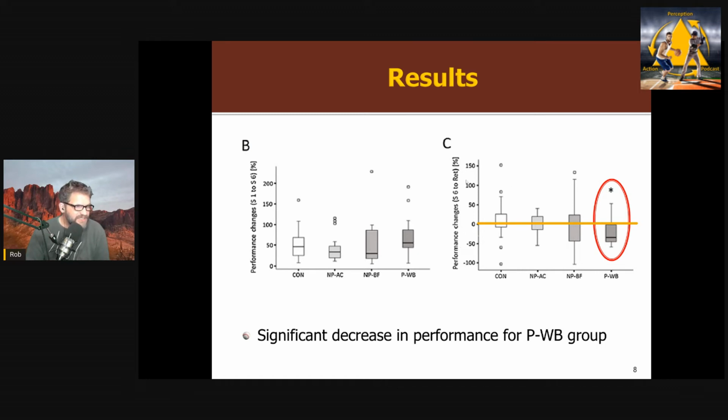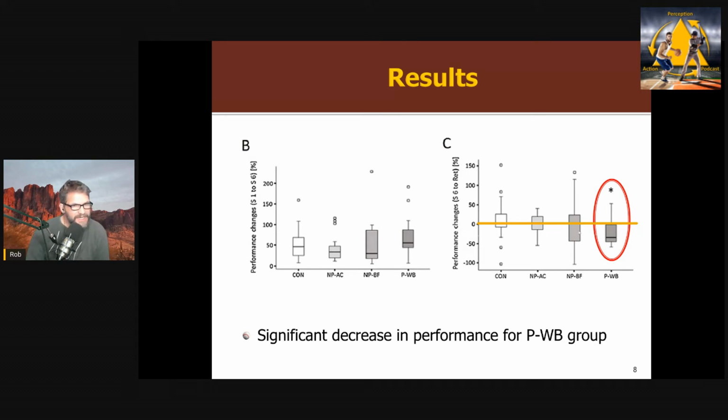Here's the performance change from the end of training to retention, where you did whatever B task you were assigned in between. 0 means there was no effect. Basically, you're doing equally well at the task as you did at the end of training. You can see that's true for all 3 groups except the wobble board group. There's a significant decrement in performance, presumably because they did the B task.